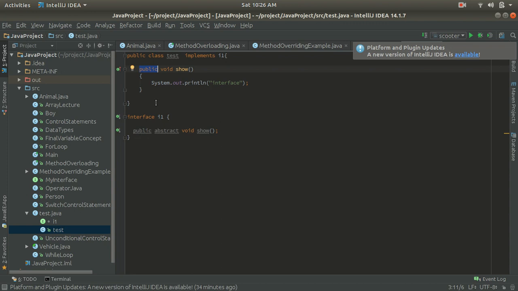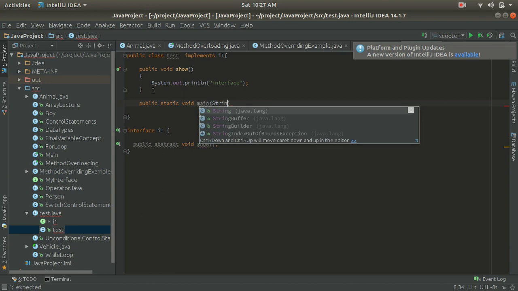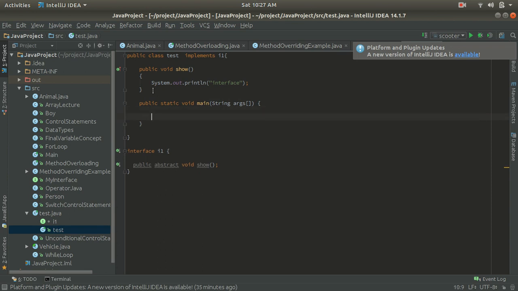Now I am going to create a main method inside the Test class. So let's create a main method: public static void main, String args array. Inside the main method, can we create the object of the interface?